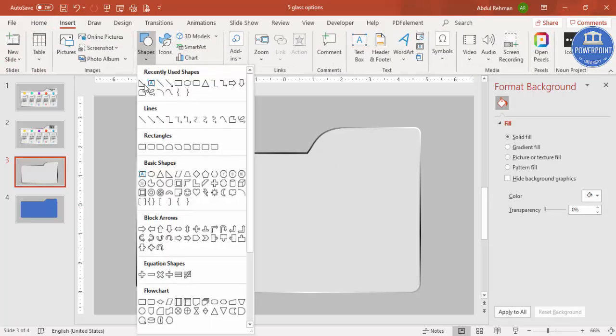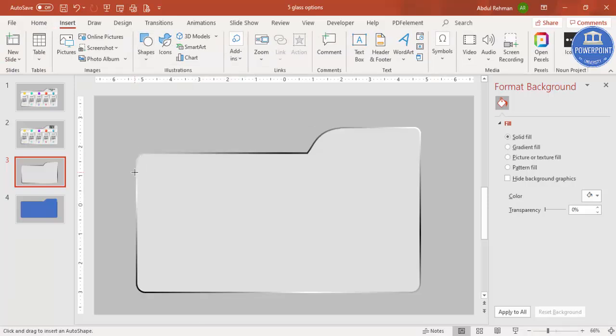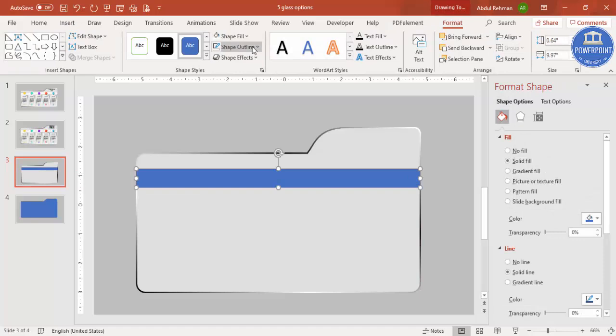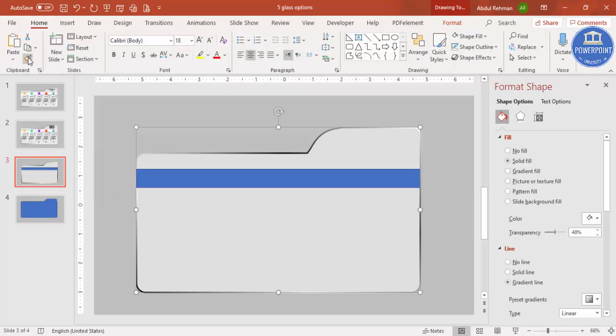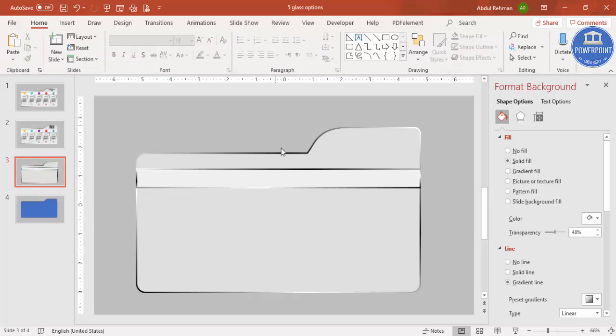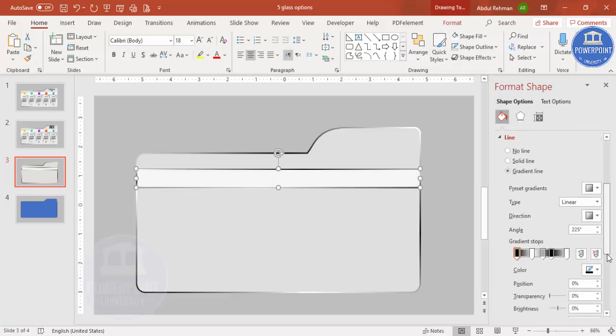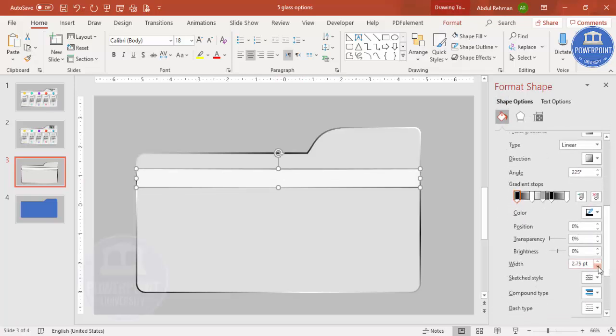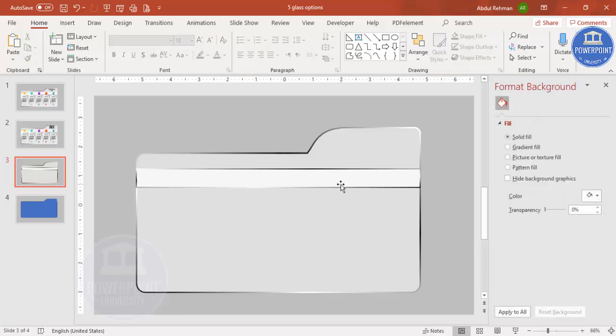Go to insert shapes, select the rectangle, draw the rectangle from this end to this end, and then I'm going to give the same effect. For that, let me just select this one. You can go to home, you can see the format painter, and just click on here. So you can see here you got this one, and if you want you can make it less transparent, and the width here is too much for this. I'm just going to reduce the width so it looks something like this. One more glass effect here.